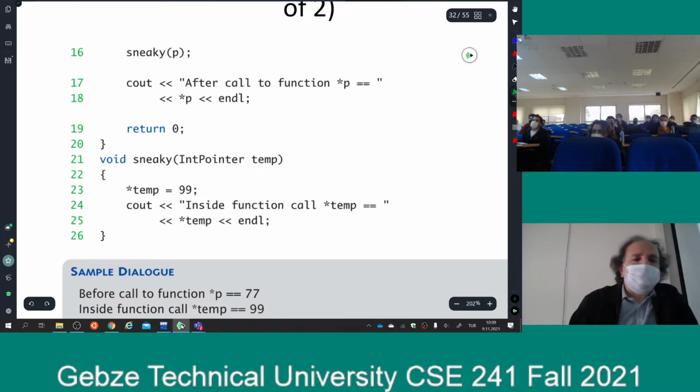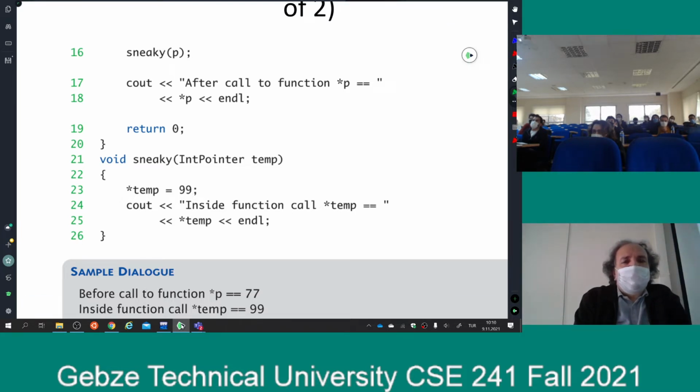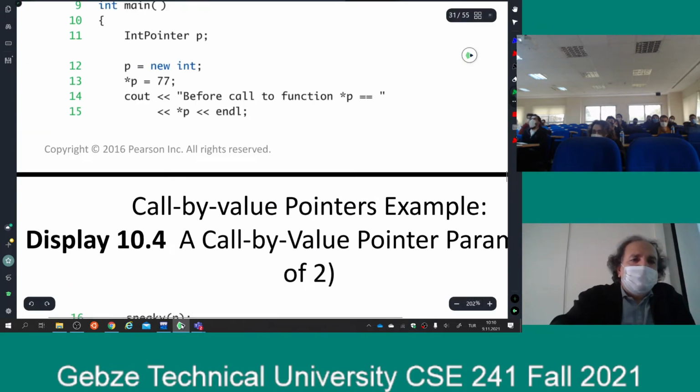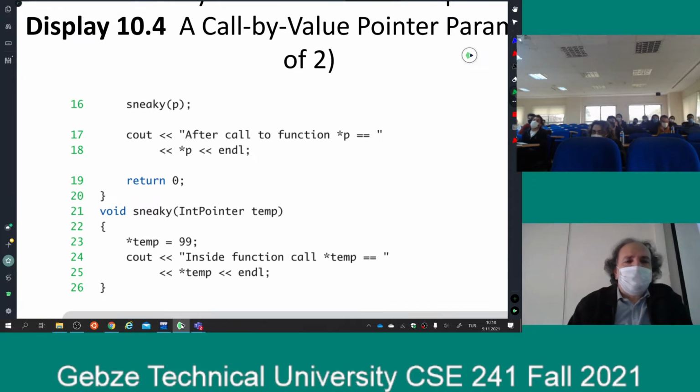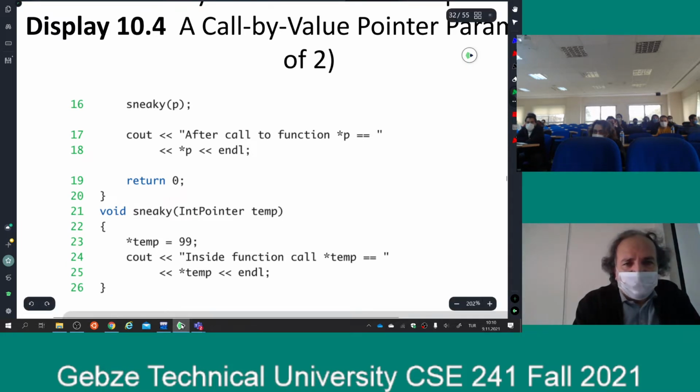After line 16, the value at reference P will be 99, not 77. And after that I will print it, and it will print 99 on the screen. So that's what the book calls sneaky. But this is no different than calling a function with call by reference. With call by reference, you send a variable and its value changes, and this is kind of the same thing. And of course, this guy forgot to delete